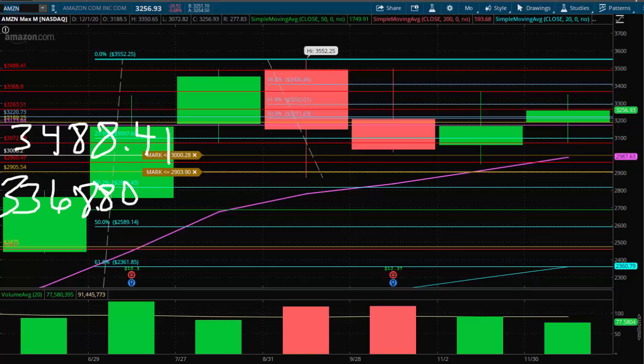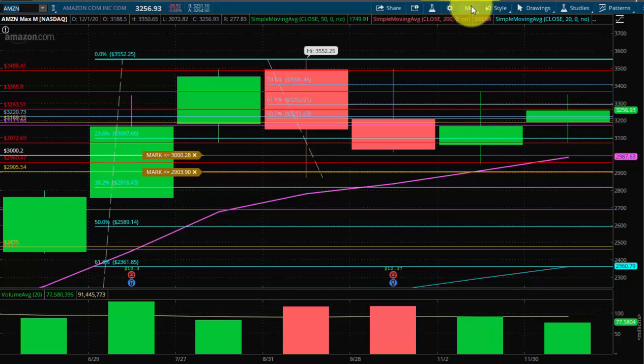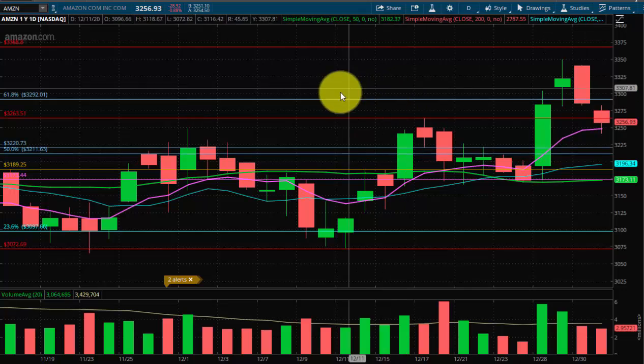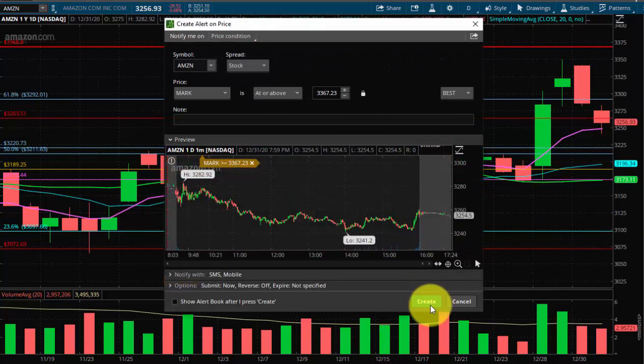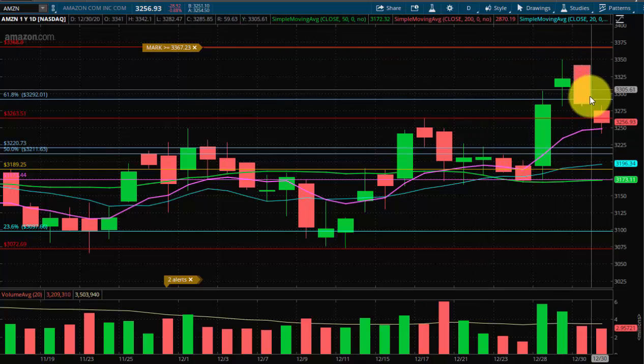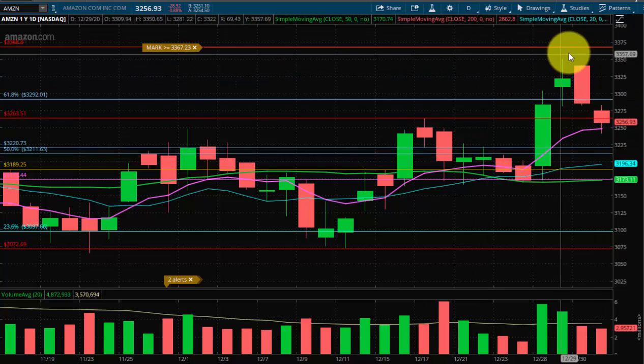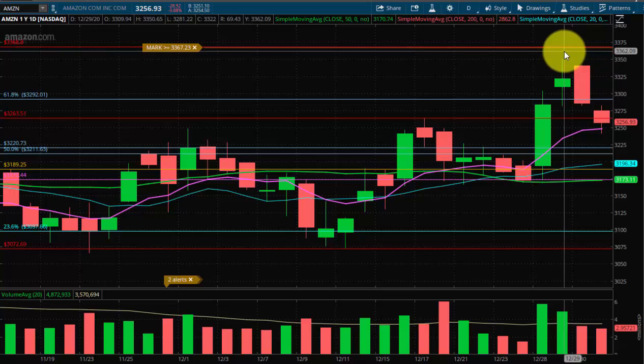Realistically, again, these are larger time frames, so they take more time. Best way that you can stay on top of this move is just by setting price alerts. So I'll zoom it in, but the price alert here is above this key level. I'm telling you right now, even though it's got a long way to go, a break above that will result in a very aggressive move for tech stocks.